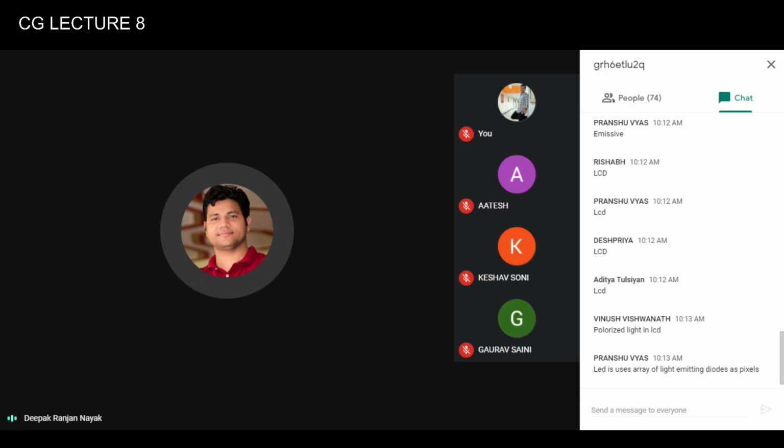So the screen, basically we are talking about CRT, right? The screen is coated with phosphors. Different types of phosphors are available for use in a CRT. And except for the colors, the major difference between different types of phosphors is their persistence. So now the question is, what do you mean by persistence?